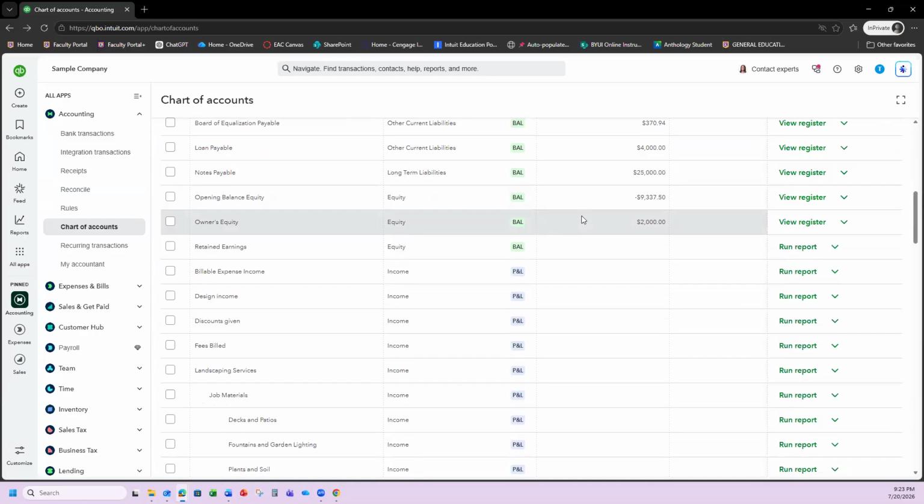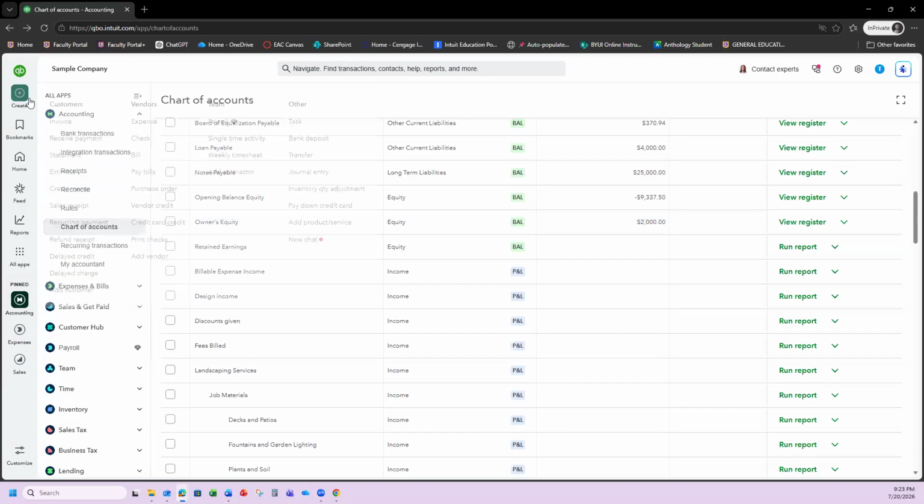Step 7 is we're going to create what's called an owner draw. An owner draw is like the opposite of an owner contribution. So sometimes as the owner of the business, if the business has got some money, you might say, hey, I want to draw some of that money out of the business as sort of compensation for me for all the work I do and the risk I'm taking by having my money invested. So the way to record an owner draw is again, we'll just go to create